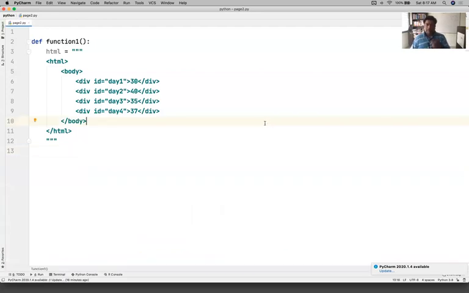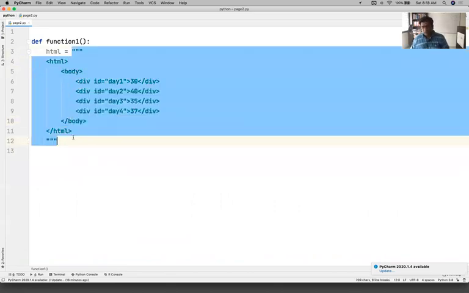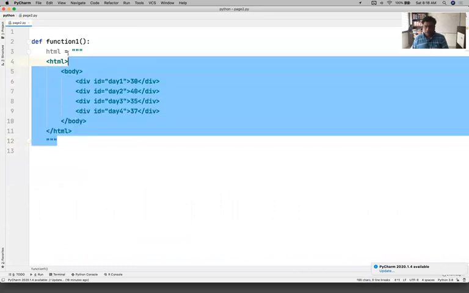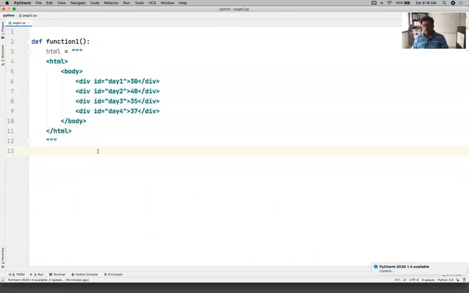Okay, so now we have that Beautiful Soup library installed on our machine. We have the HTML here. The HTML right now is hard coded. I mean, it's not like we are going to get the data like this hard coded in any string, but we will get the data from any website. Now, how do I get the data from a website? I'll show you that in a minute. But before that, let us see how to parse this data,